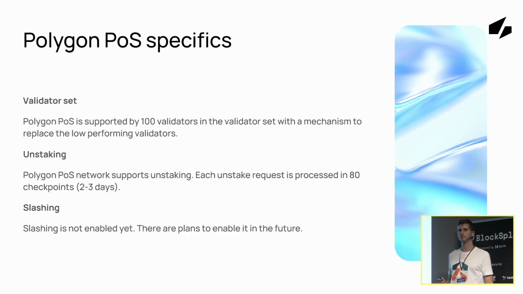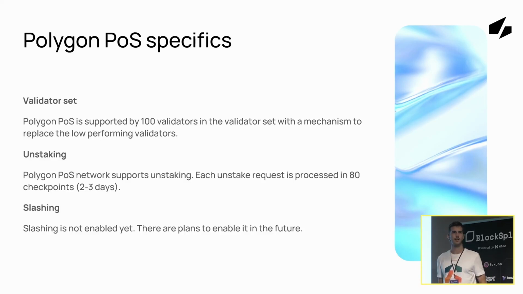Unstaking. Polygon POS supports unstaking. You can unstake your tokens. It takes 80 checkpoints for your unstake request to mature, which is usually around 2 to 3 days, depending on the network activity. And about slashing,